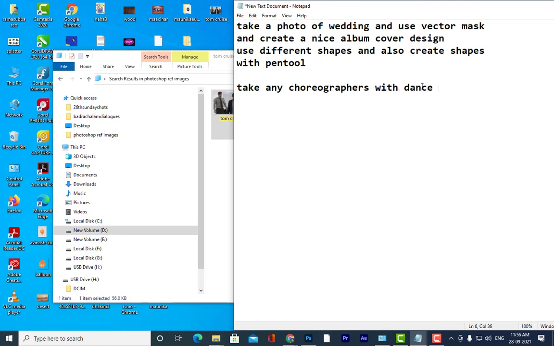You know who a choreographer is, like Prabhudeva, Lawrence, etc. You can take their dance pose and create it with a lightning filter and light streak.